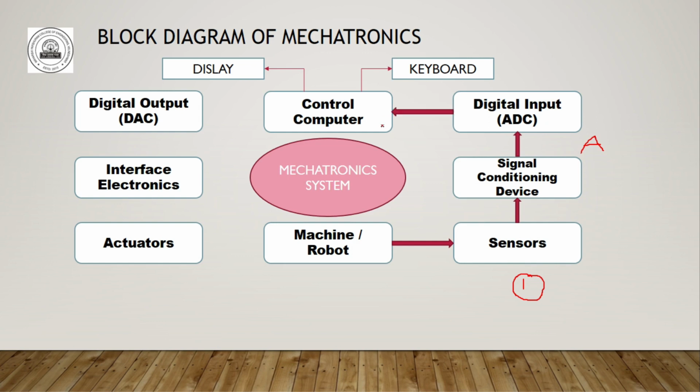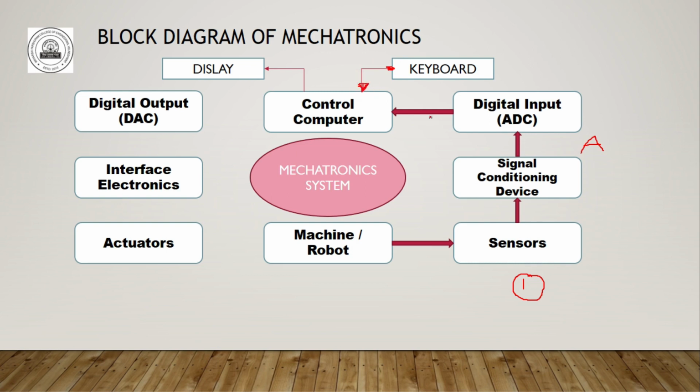Okay, now here the control computer consists of the software, then it also consists of the display where you will get the output, or whatever the reading that you have to measure, on this display. And for this input the keyboard is used. Now instead of this arrow here, it should be here because it is an input to the computer. Okay, so consider this as an input to the computer.